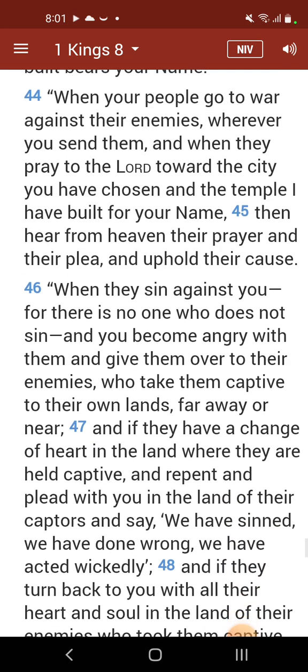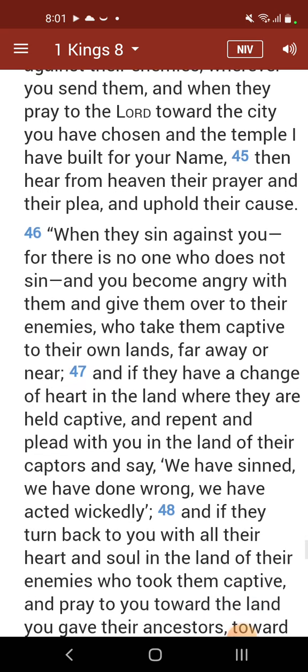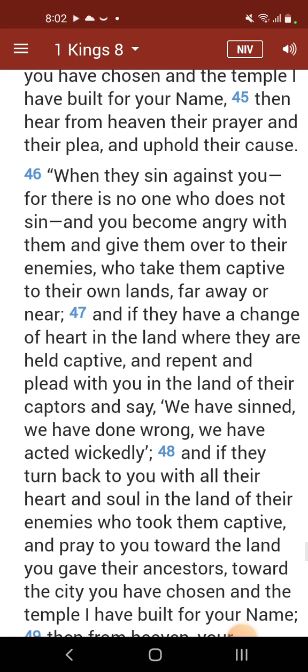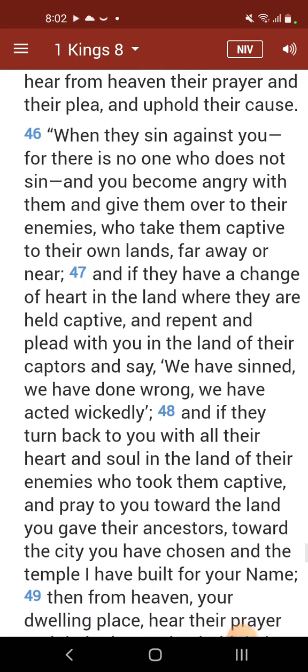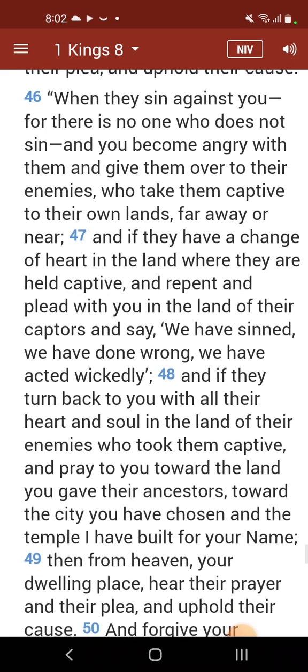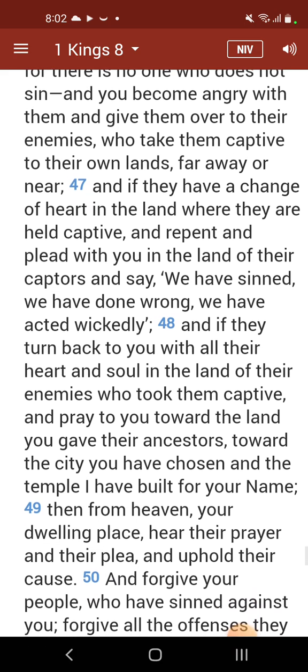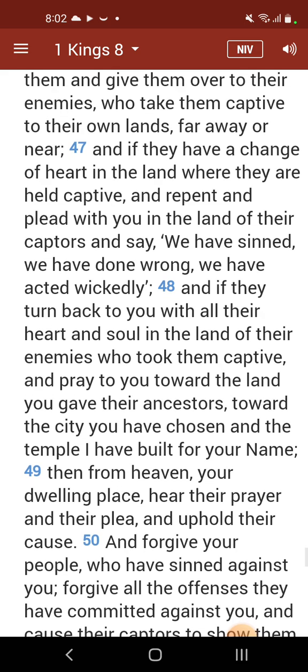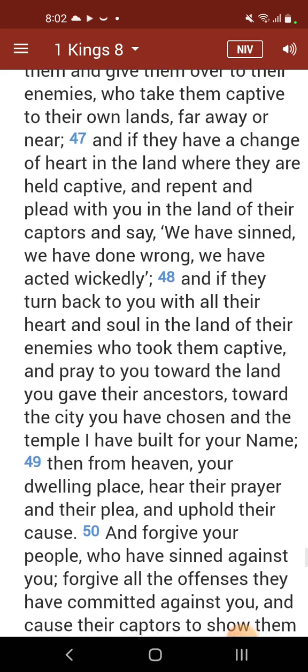When they sin against you, for there is no one who does not sin, and you become angry with them and give them over to their enemies, who take them captive to their own lands, far away or near, and if they have a change of heart in the land where they are held captive, and repent and plead with you in the land of their captors, and say, "We have sinned, we have done wrong, we have acted wickedly," and if they turn back to you with all their heart and soul in the land of their enemies who took them captive,